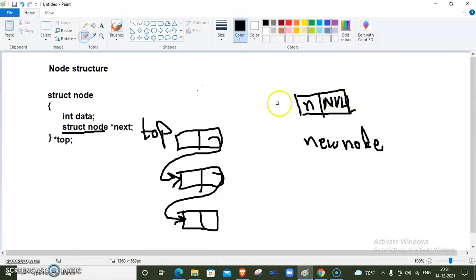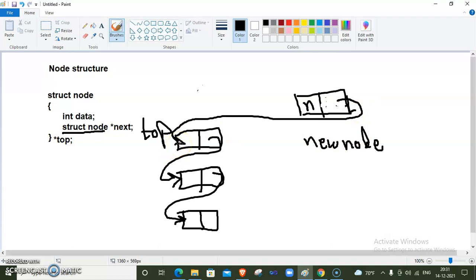We need to store the address of the top node inside this pointer. This is the top node, and we attach this node to the new node. The previous node of this new node is our top node.